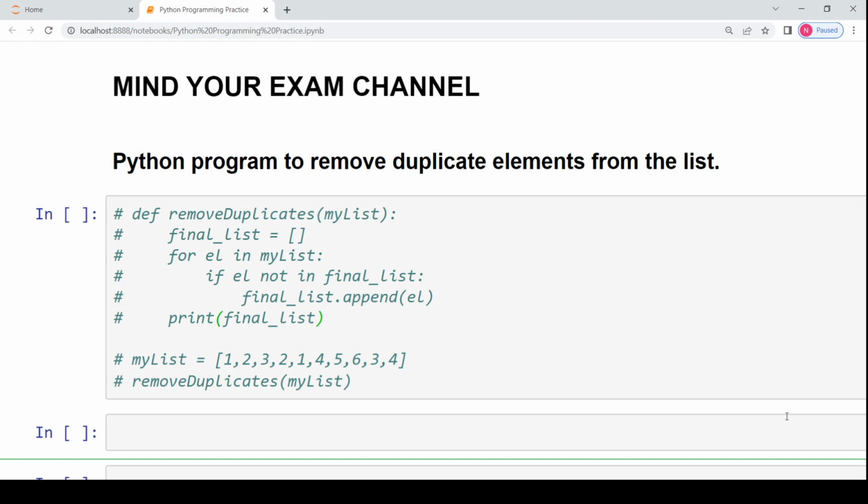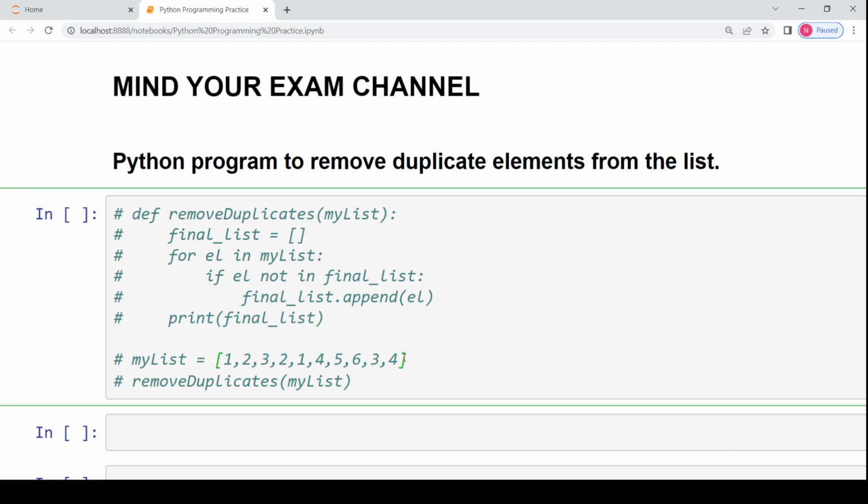In this video, we will be looking at an interesting Python program that basically removes duplicate elements from a list if duplicate elements are present. Okay, so what we'll do in the first step, we will declare a list or take the list as an